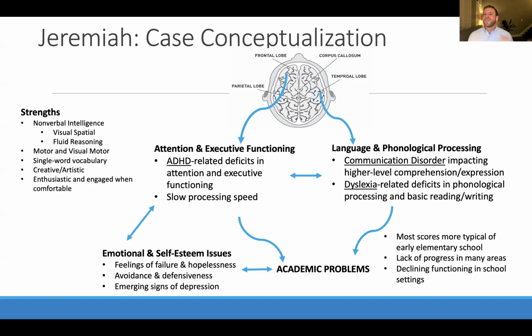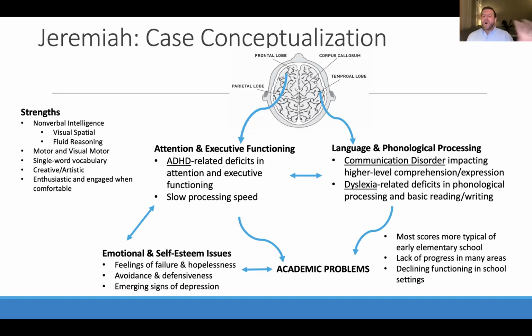The second piece is that we saw issues that were language-based learning difficulties. All right, so we saw some struggles with language, especially higher level language, that narrative language, comprehending and expressing at that higher level, and that was enough to warrant a communication disorder. And when we see one type of language-based challenge, we always want to dig in and look. And in the case of Jeremiah, we also saw additional deficits in phonics that were consistent with dyslexia.